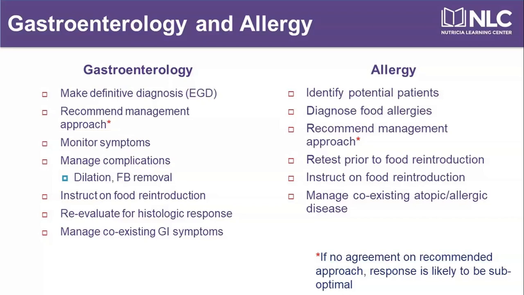You would expect the GI person to be involved in managing those. On the other hand, the allergist frequently is the specialist who identifies these patients. It's really not uncommon for the allergist to be seeing a patient in their office who has asthma or eczema or seasonal rhinitis, and the patient mentions to them that they're having trouble swallowing or they've really bad heartburn or they've been vomiting, and they make that a referral to the GI, and then we end up diagnosing the patient